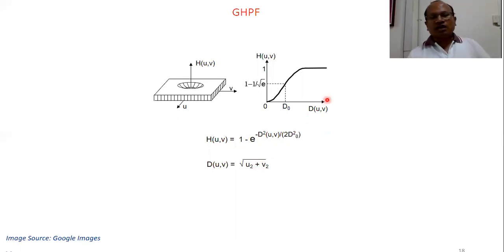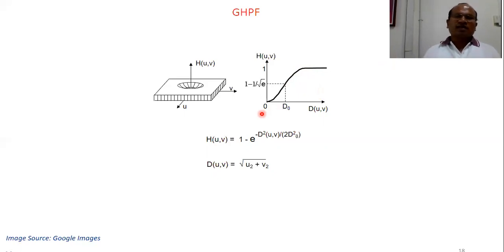And you see here again the transition, there is a roll off, there is no sudden change, no abrupt change, no sharp cutoff distance. The cutoff distance has some value, but beyond and below there is a roll off. There is no abrupt change in the transfer function, and therefore when we go towards high frequency, all high frequency signals are getting passed, getting allowed. When we are reaching towards the low frequency side, the signal is getting attenuated, and it is getting allowed to pass towards the high frequency side.